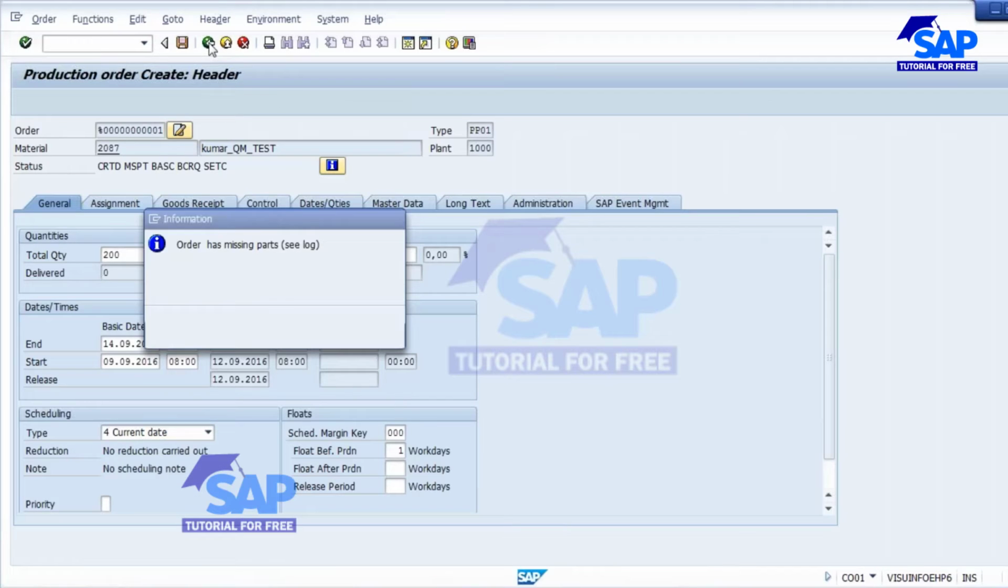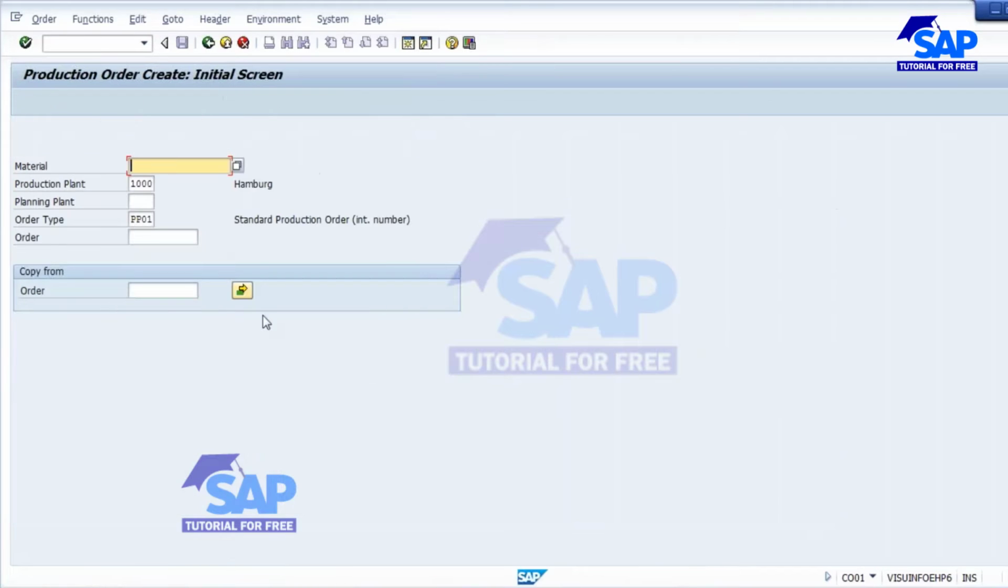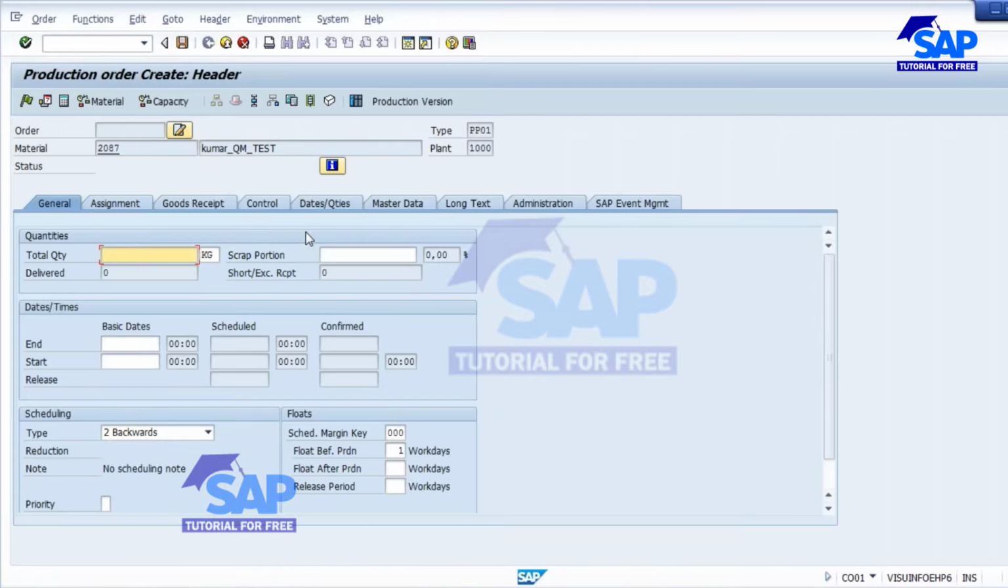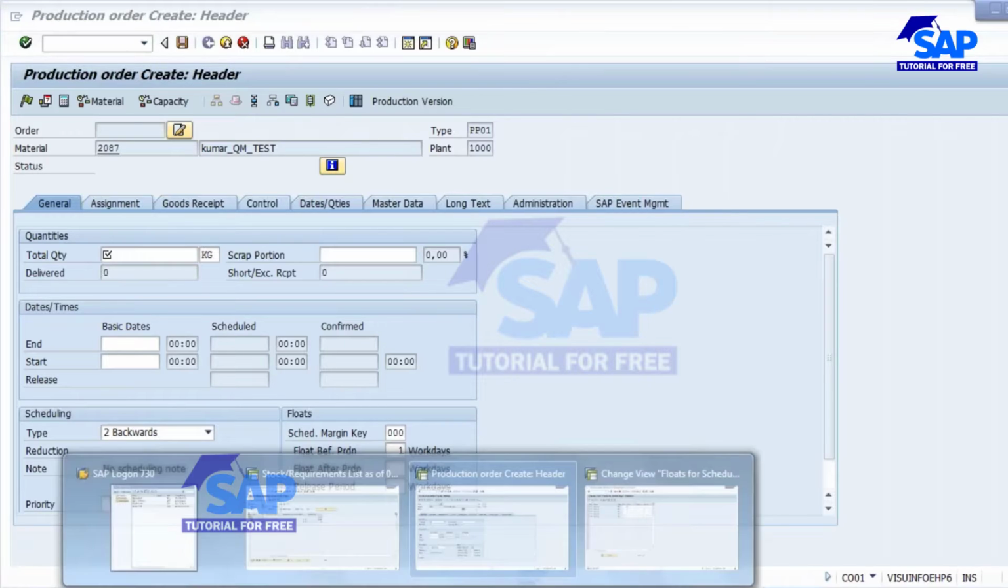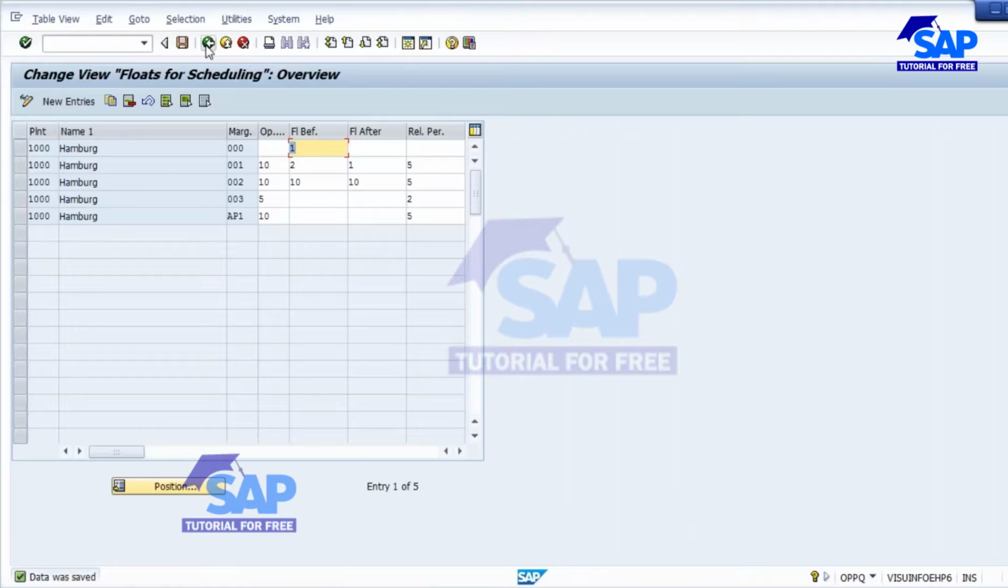Now the next question is, how come this default scheduling type is coming for 2087? So here when I'm creating it, it is coming as default backward, right? This comes from scheduling parameters in the configuration. So if you go to scheduling parameters,